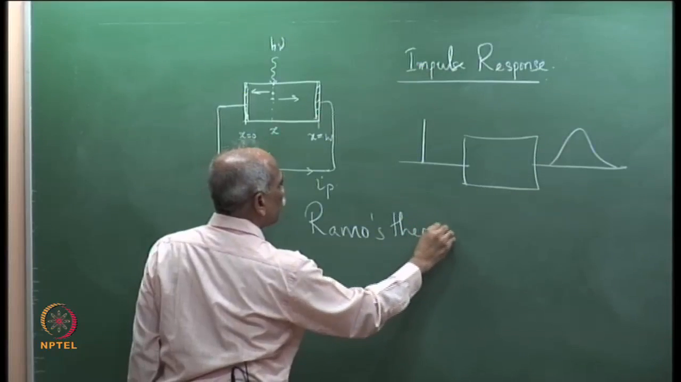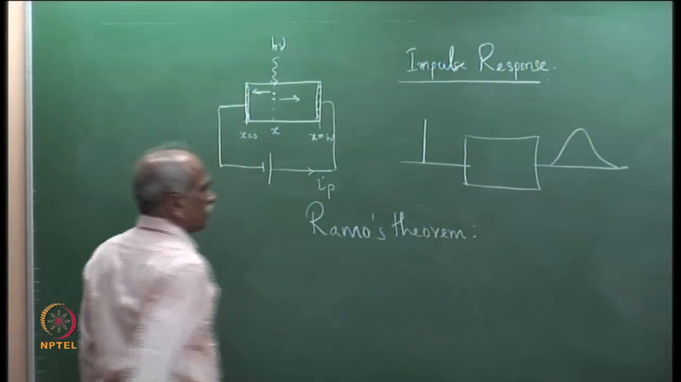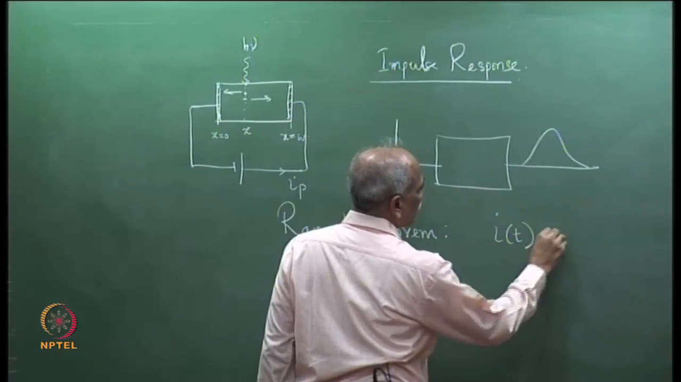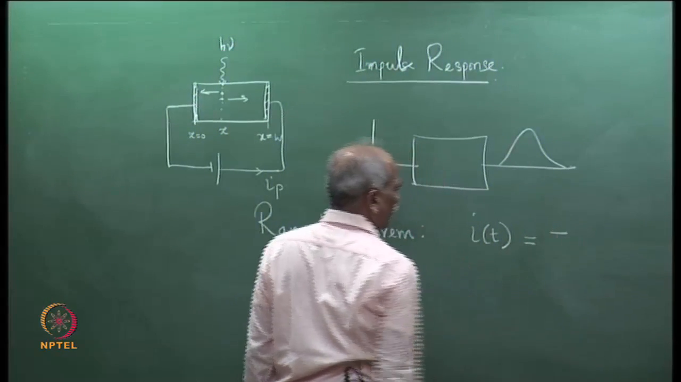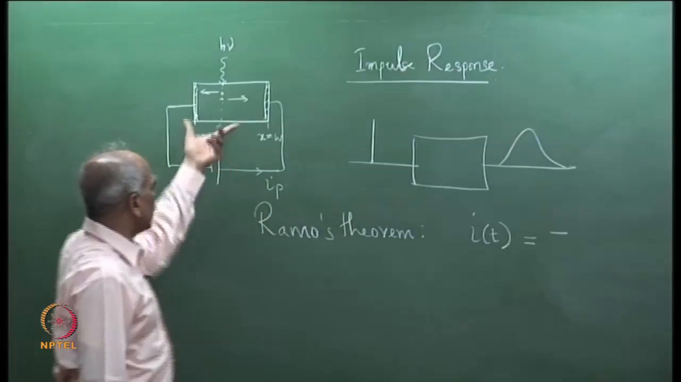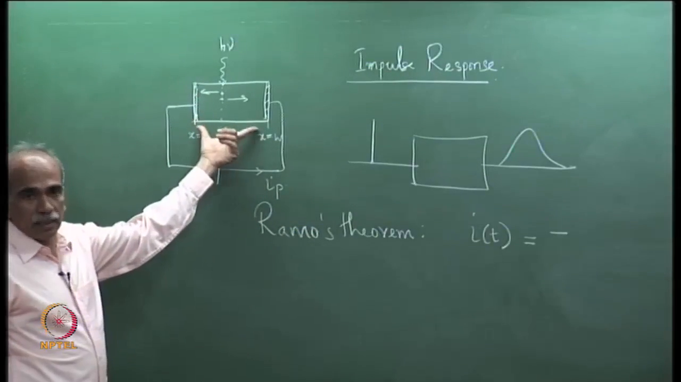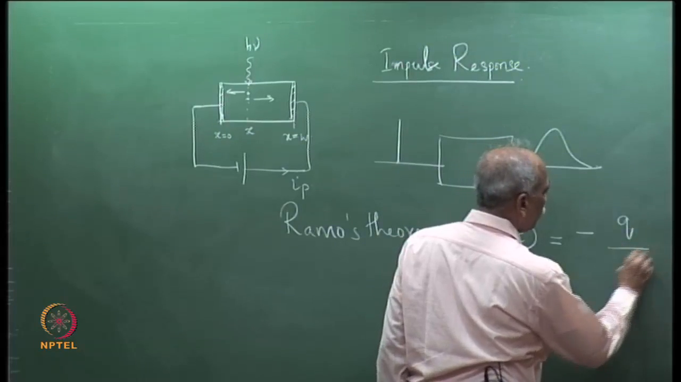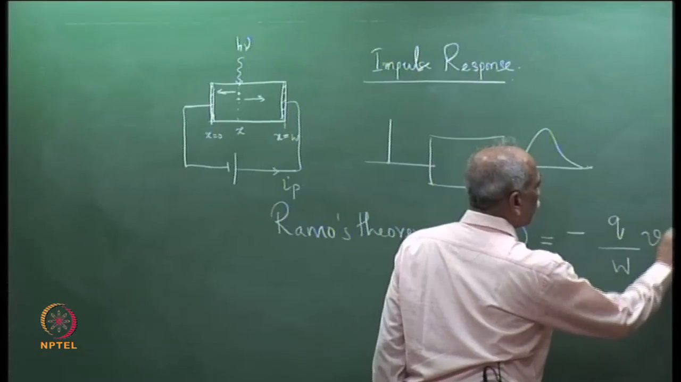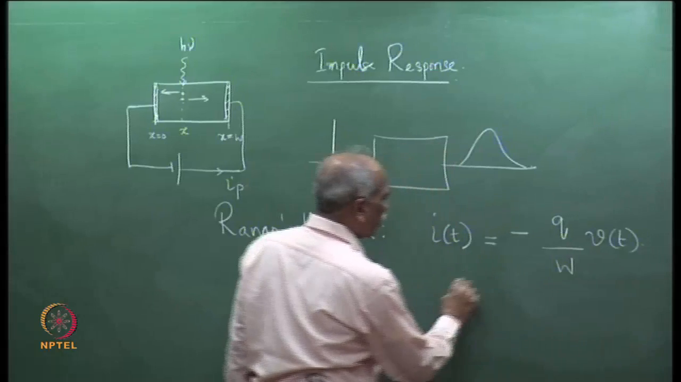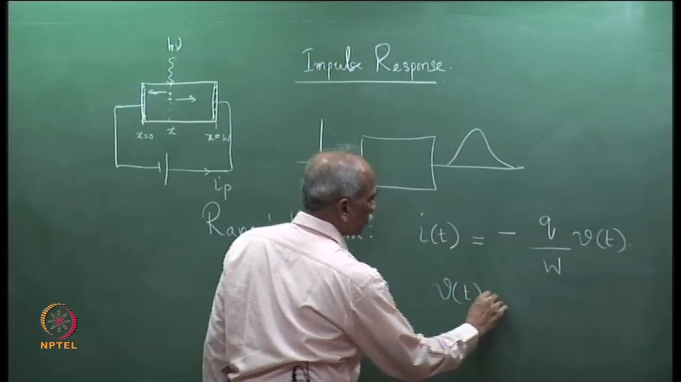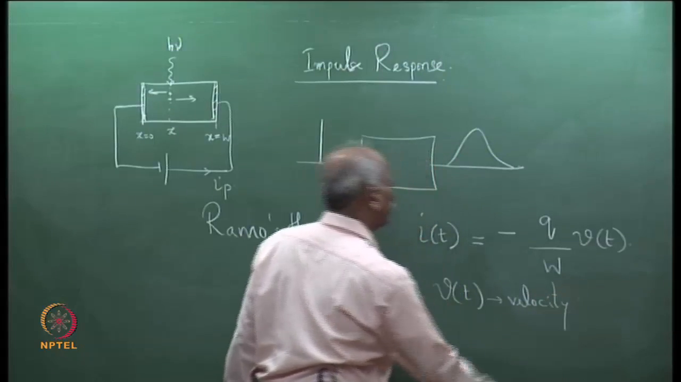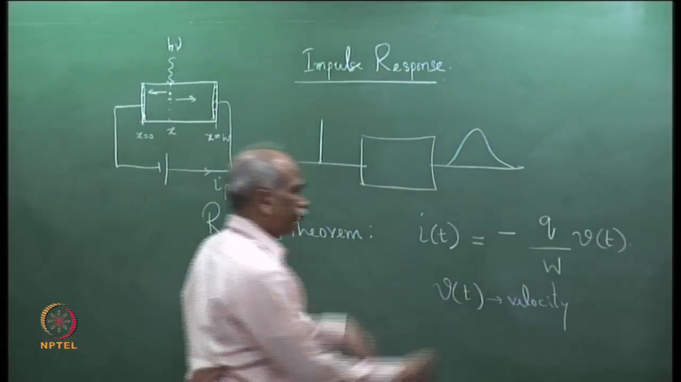We are not going to prove this. So, Ramo's theorem states that the current I in the external circuit is equal to minus, if a charge q moves in a medium of length W, then I of t is equal to minus q divided by W into V of t, where V of t is the instantaneous velocity